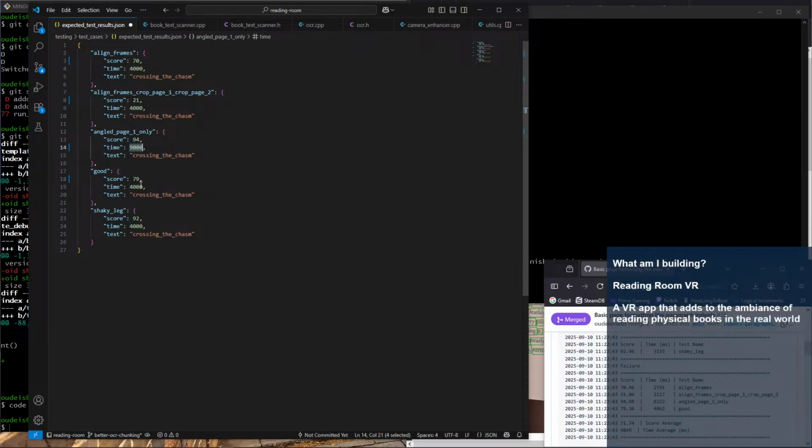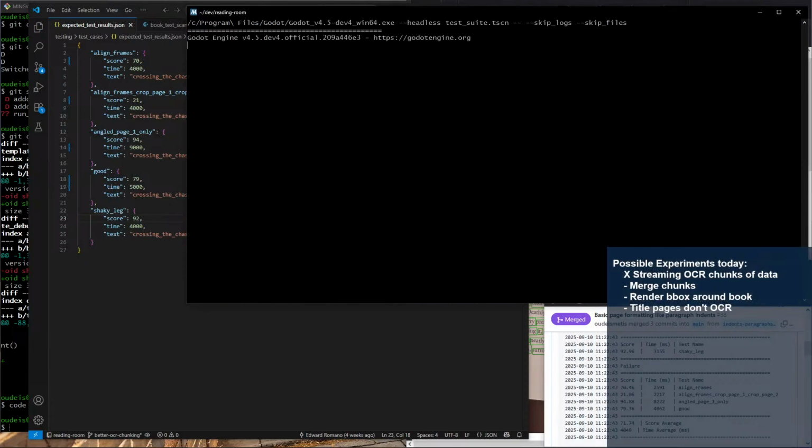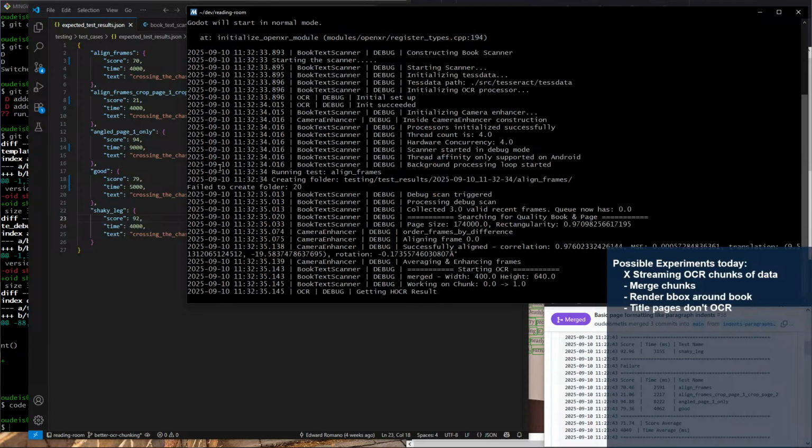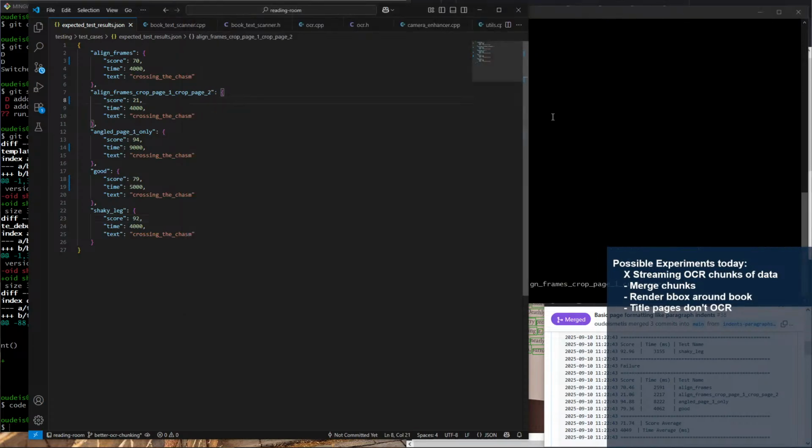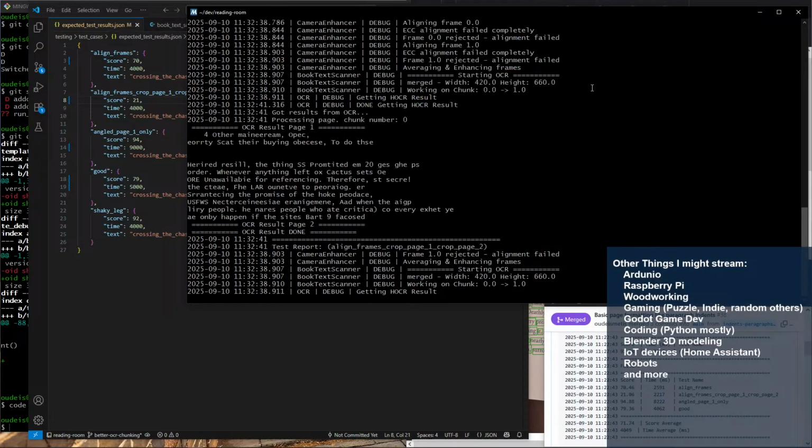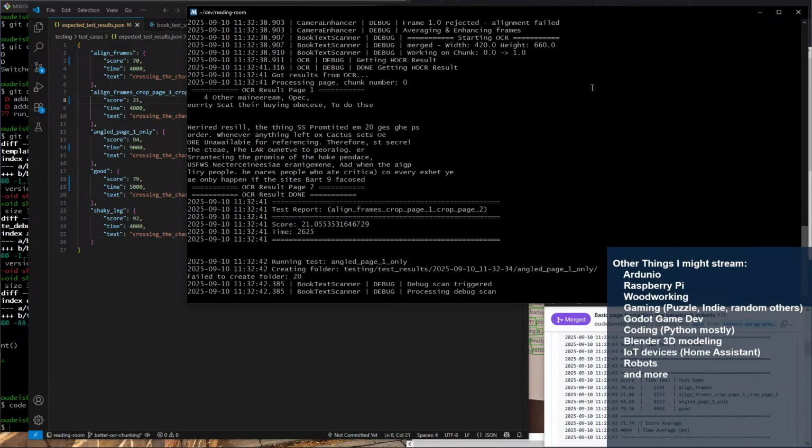And then good. Good's good. Let's make that 5 seconds. And then shaky, 92, 4 seconds. Now if I run this, they should all pass. And then knowing that they all pass means I can go make changes. And if one of them fails, then I can be a little more sensitive to those failures. Because what I should be able to do is, if things pass, ignore them. If they fail, pay attention to the failures, right? So